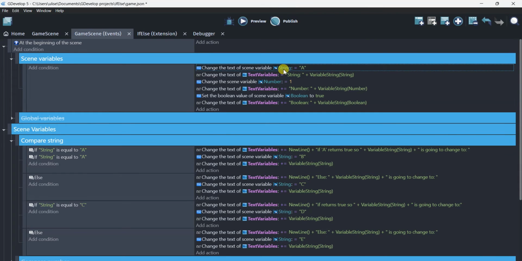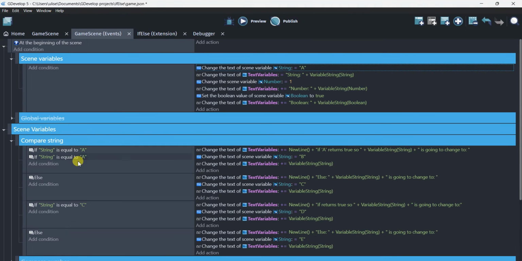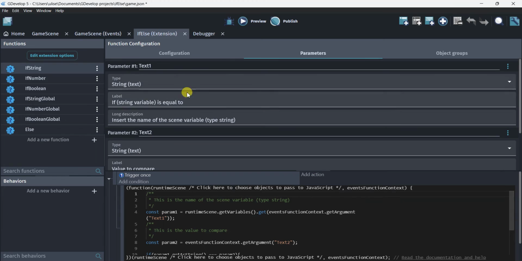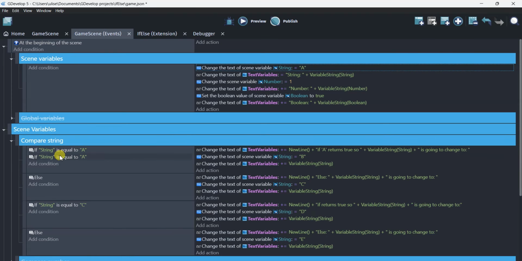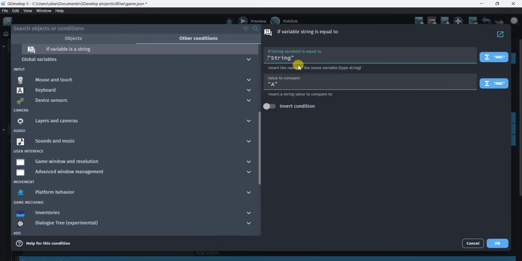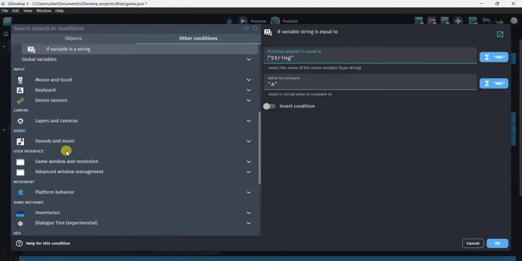I already said this, but since we can't pass a variable itself to a condition in an extension, because here it's not available, I made this with text, and then we check if this variable's value is equal to a, which in this case is true, because it's true. So this condition is going to return